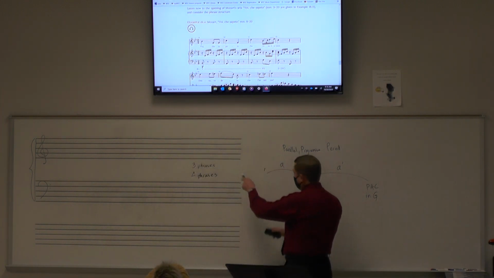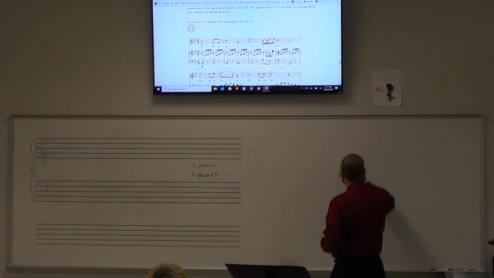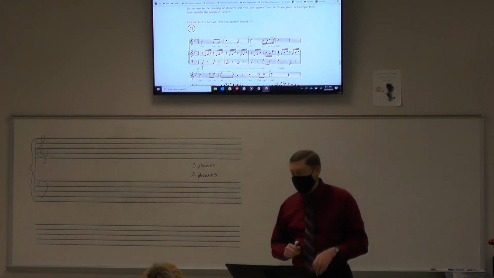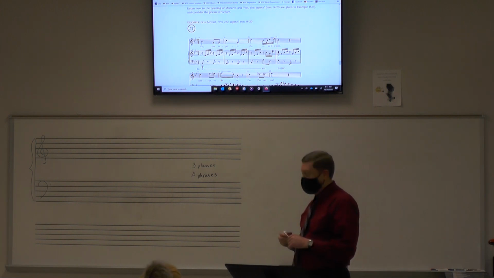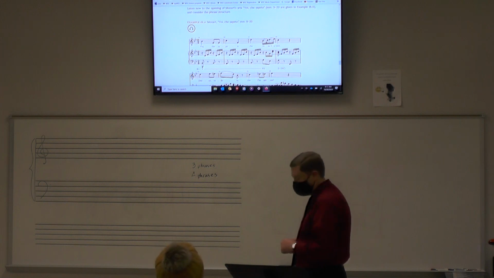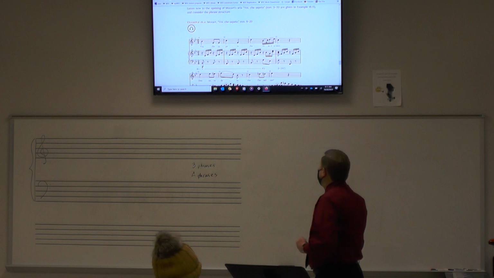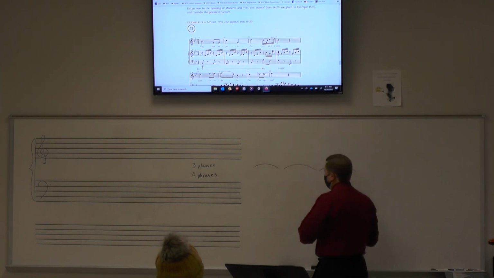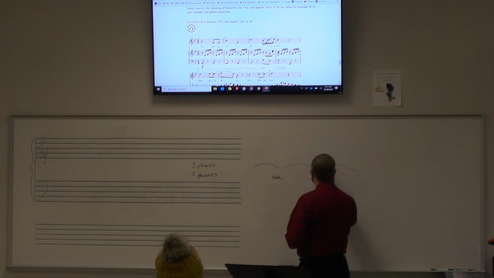Which do you think out of those two, a 3-phrase period or a 4-phrase period, is more rare? The 3-phrase period is definitely more rare. It doesn't happen all that much. In fact, 3-phrase periods are rare in general. But 3 different phrases can go together as a unit when the cadence pattern is weak, weak, strong. And then this unit is called a 3-phrase period. Generally the cadence pattern is weak, weak, strong.